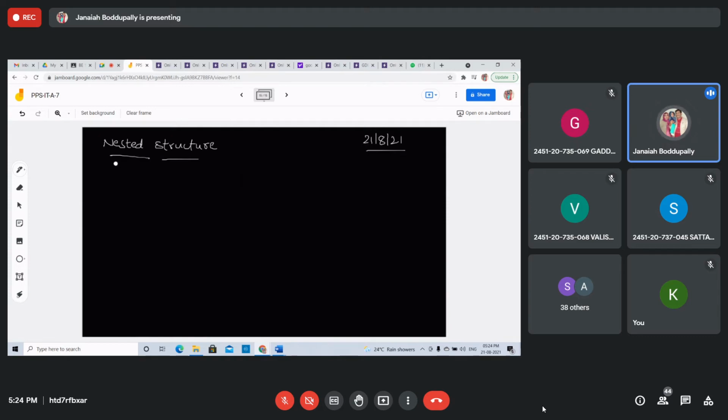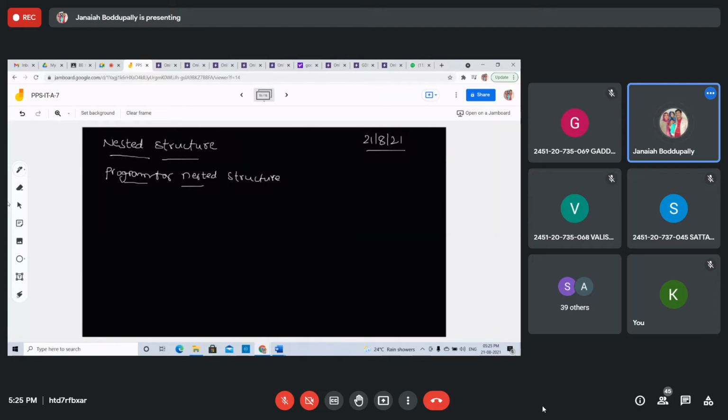That's it. Using the nested structure, complex data types can be created. We need to create complex data structures. I am writing the program for nested structure. Program for nested structure. See this.